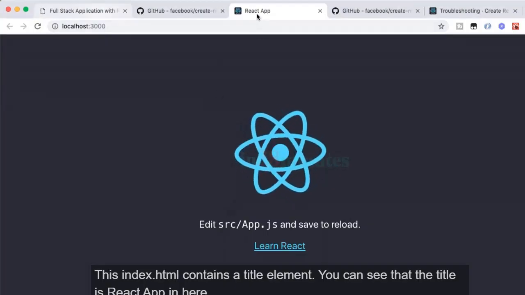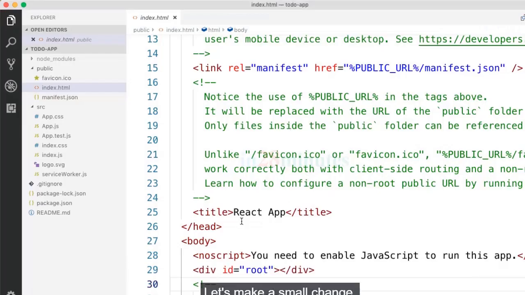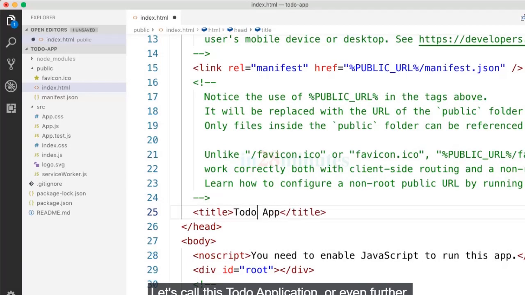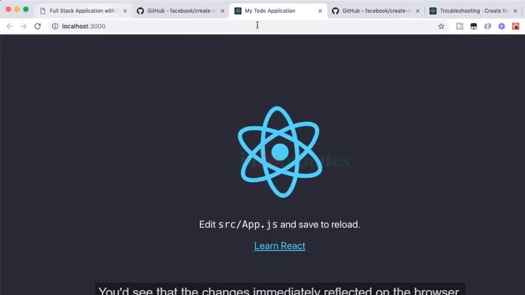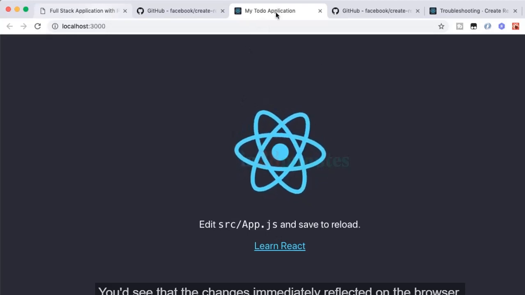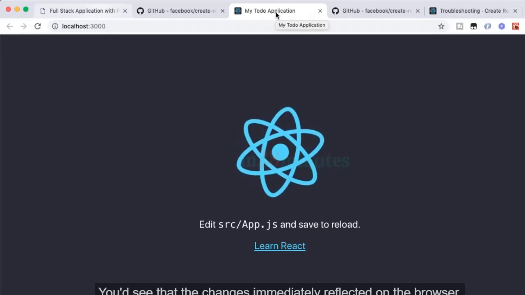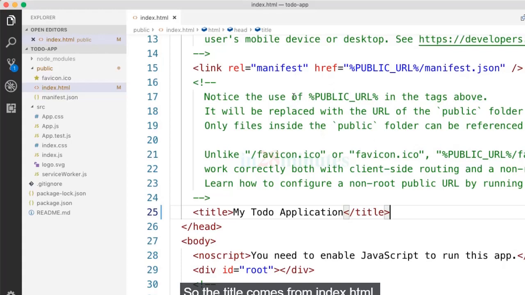You can see that the title is React app in here. Let's make a small change. Let's call this to-do application, or even further, you can call this my to-do application. You'd see that the change is immediately reflected on the browser. So the title comes from index.html. That's what we understood right now.